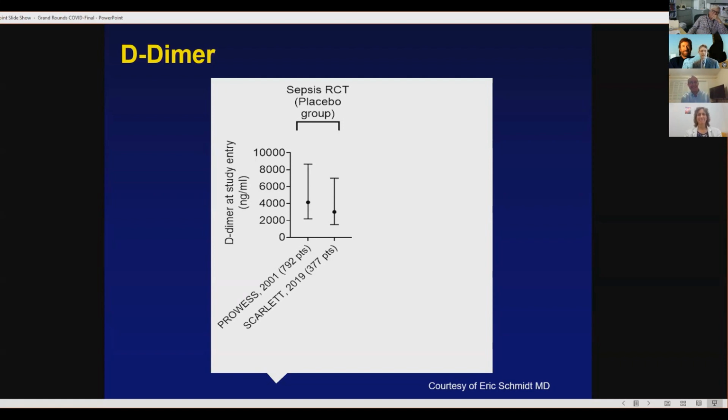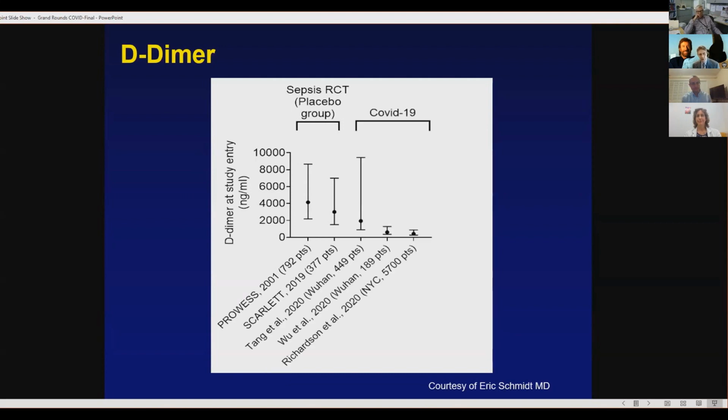So this looks at two of our bigger critical care studies, which were the PROWESS study and the SCARLET study. These were studies of sepsis-induced coagulopathy. So not exactly our ARDS cohort, though certainly at risk for ARDS, but sepsis-induced coagulopathy, and they looked at the D-dimer levels in these two studies. And then if we compare those to the Wuhan data, we see in those two studies that actually our D-dimer levels weren't all that different. Then a couple of follow-up studies, one from New York, another from Wuhan, show that maybe D-dimer wasn't all that high in all of these patients. Anyway, it raises some question as to whether D-dimer should be our surrogate marker in terms of